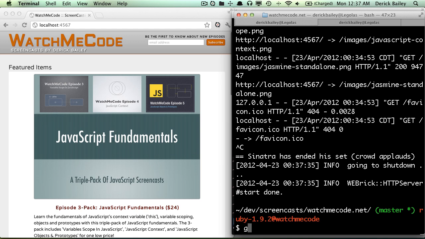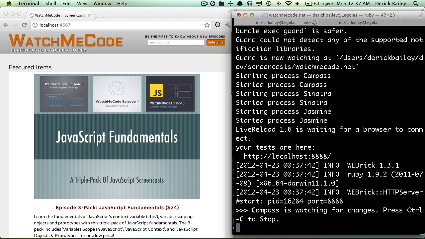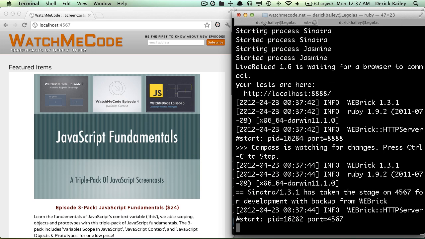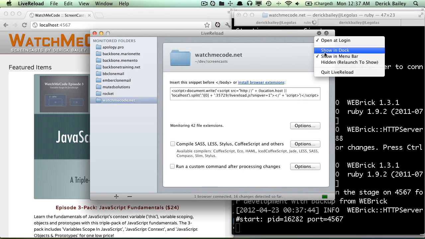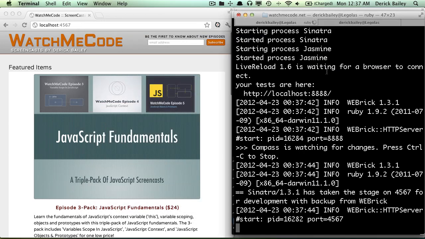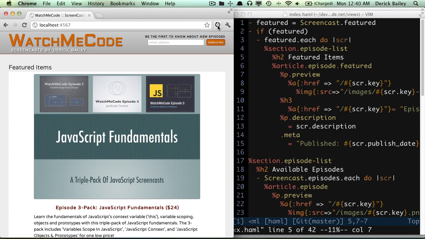after shutting down my previous web server, guard is setting up LiveReload for me. Of course, I've still got the LiveReload GUI running, so let's go ahead and quit that just to make sure that we're not opening a wormhole here by accidentally running two different versions of LiveReload on the same machine. And since I accidentally had both of those running, I need to go ahead and disconnect and then reconnect LiveReload